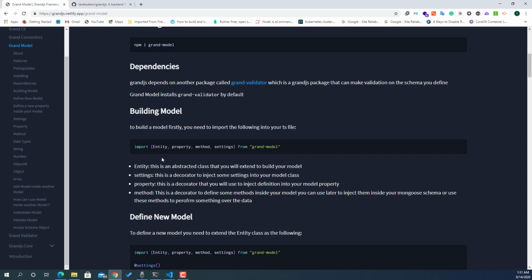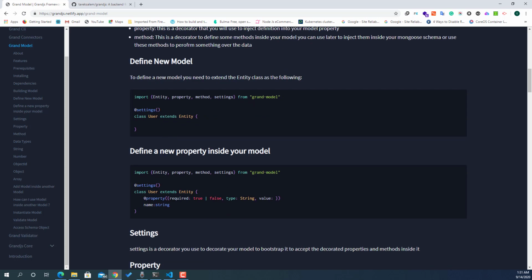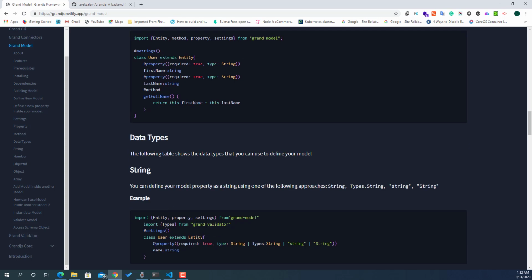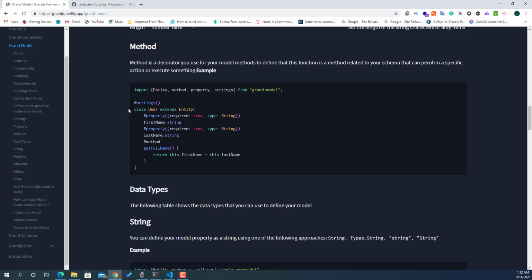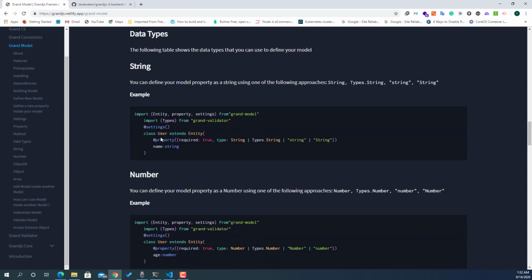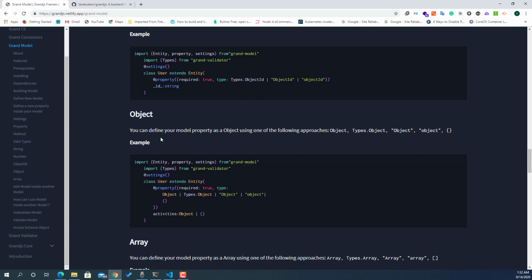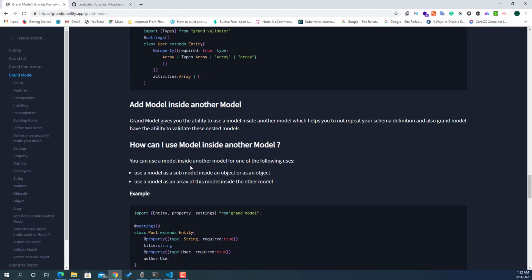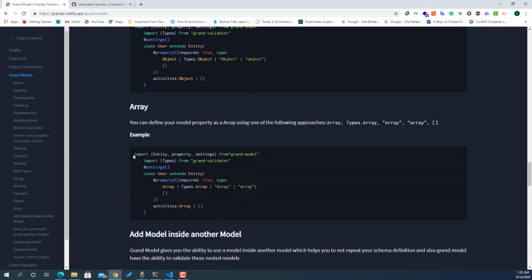So with Grandjs, basically you can define entities, and each entity you can define its properties and its methods. So here you can define a method, and all this stuff you can implement inside Mongoose if you use MongoDB as a database, or you can also implement in Sequelize if you are using SQL database. And this Grand model actually depends on Grand validator for validating data. So you can use this as a middle layer between your API implementation or API definition and between your database